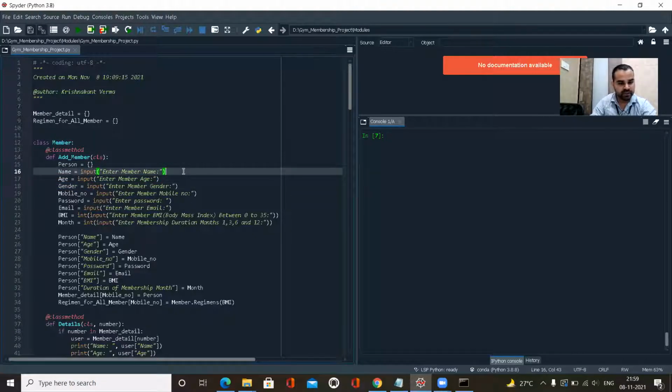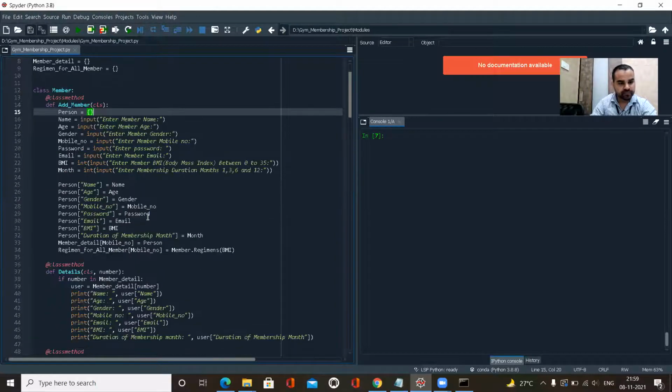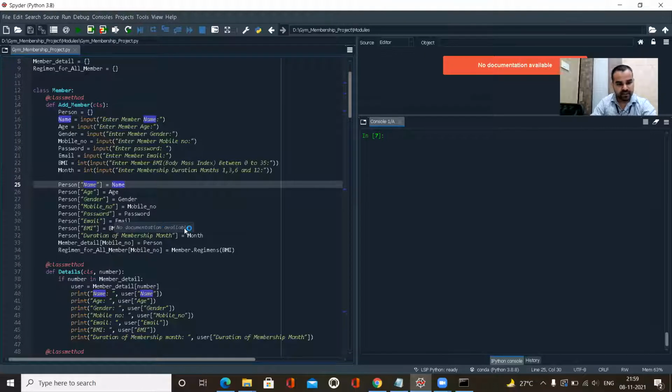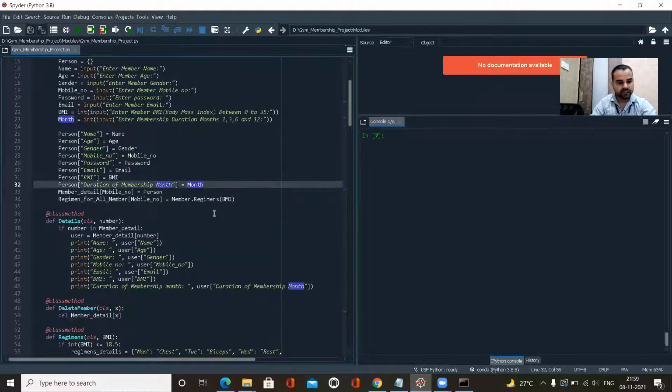I'm storing all the data, like the name, age, gender, mobile number, password, email, BMI, duration, in person, which is a dictionary, and it's working well with the dictionary. I'm having no problem with that.